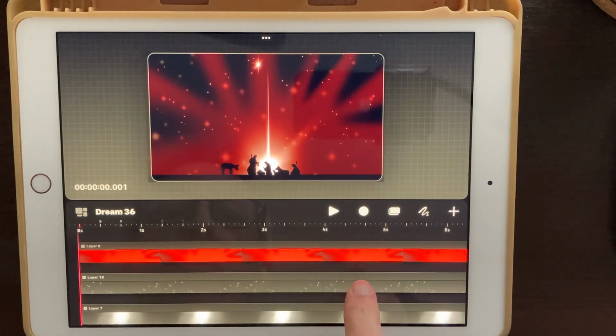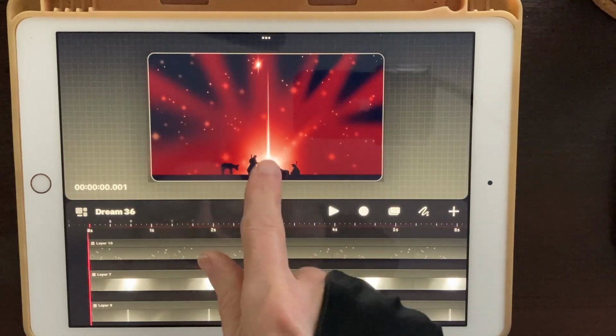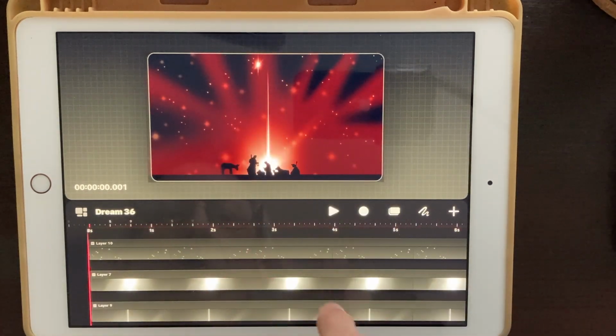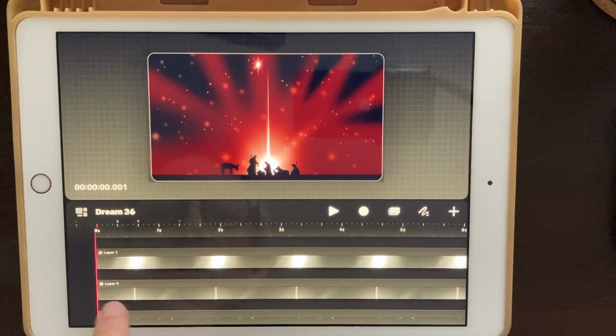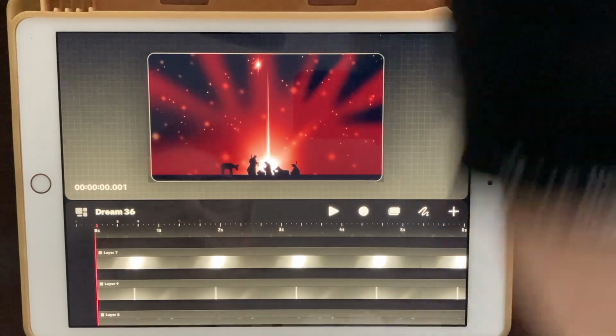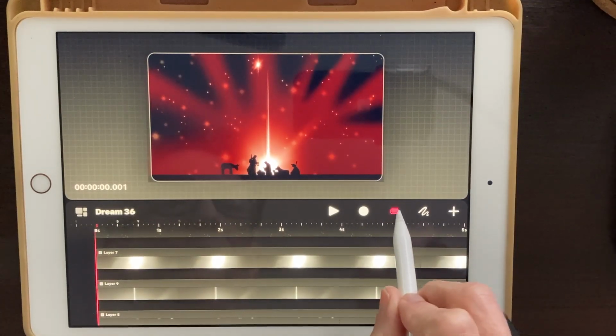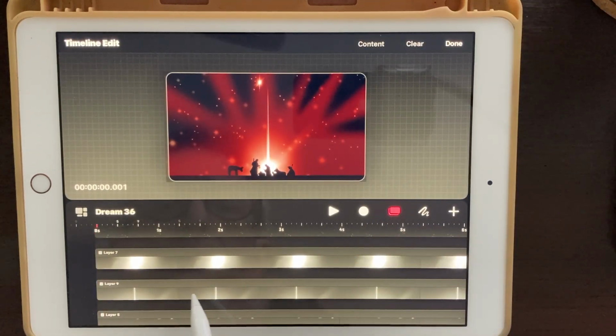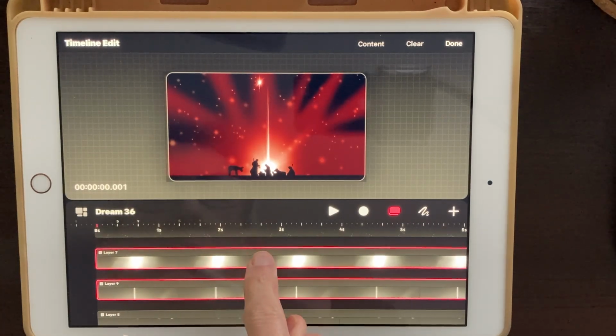Alright, I think the first thing I'm going to do is group the lens flare and the Star of Bethlehem together, which is this one and that one. So I'm going to get my pencil here, and we're going to click on this little layer symbol right there. I'm going to draw a line through both of these, and then after they're highlighted, a long press on them